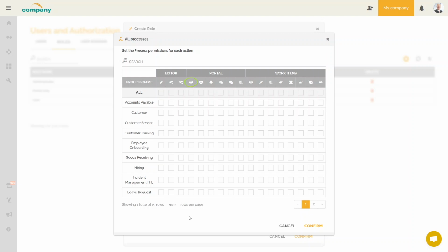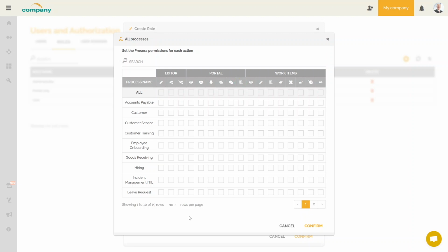This option allows access to the documentation of one or more processes on the portal. You have the ability to see the progress of work items created by users in the same department. This option gives the possibility to download the documentation of the process. And this one to download the attachments associated with the documentation of the process or a BPMN element. This option gives the right to write comments in the Process Portal. The last option is to allow the creation of work items from the portal.